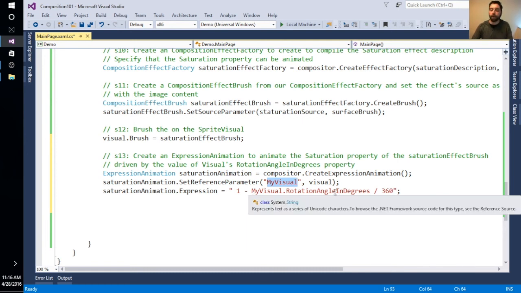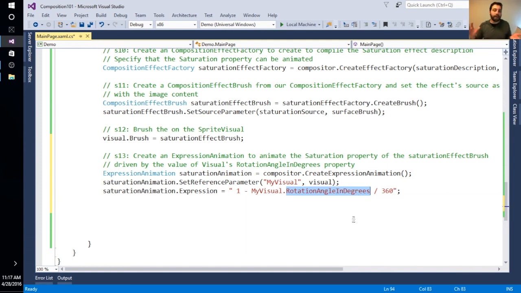Basically, I'm taking that rotation angle in degrees property, the property that we're subsequently animating with our keyframe animation. That value is going to change over time. I'm saying let's take that value, divide it by 360, and subtract it from 1. So as that visual rotates, the saturation of the effect is going to change at the same time, which is pretty cool if you really think about it.